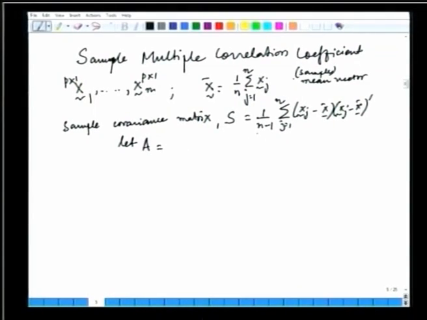Let A be this one without the divisor coming with S. So, that is n minus 1 times S. So, I simply consider this type of matrix, the sum of xj minus x bar, xj minus x bar transpose, and then I will partition,